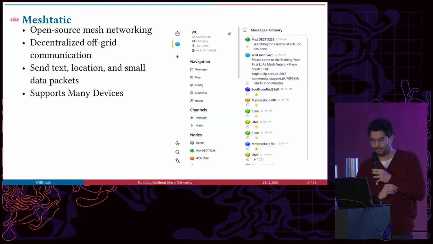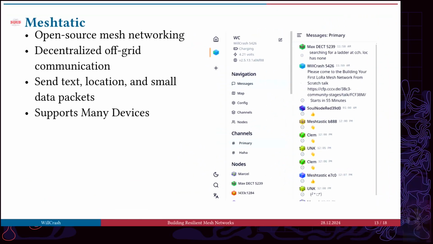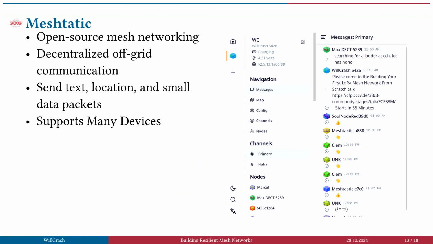One really nice app, which is easy to use, has a good interface, and is now running on this small node, is called Meshtastic. It's a portemonnaie for mesh. Fantastic. It offers many checkboxes for my likes. It is decentralized, off-grid, allows you to send text, location, and small data packets. It has an accompanying app, which is easy to use, and also a web interface, where just in a moment, I hope I can send you all a message on Meshtastic.